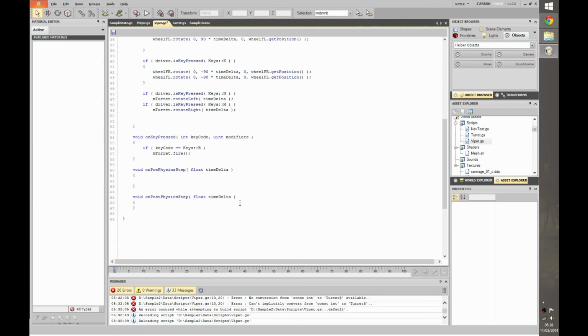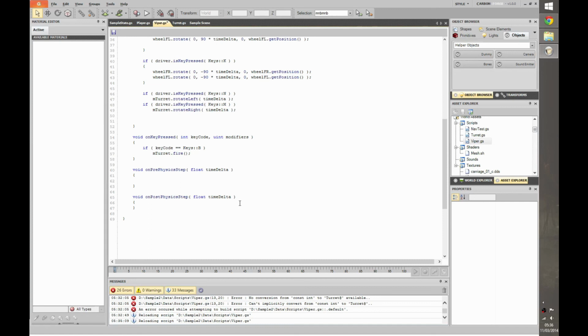Essentially, for anybody who registers these methods, the physics engine will call the pre-physics step method before it runs the current iteration of the physics simulation, and it will call on post-physics step once it's done. Although it's not necessarily always the best place to do all of your processing, it allows us to manipulate the physics body in certain ways